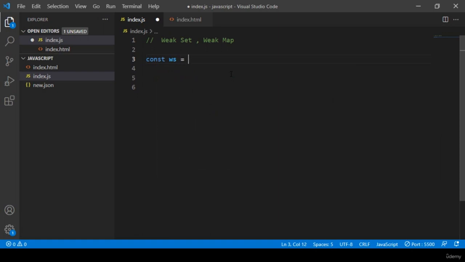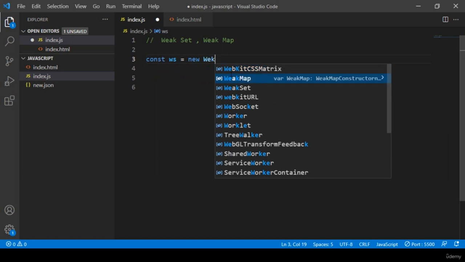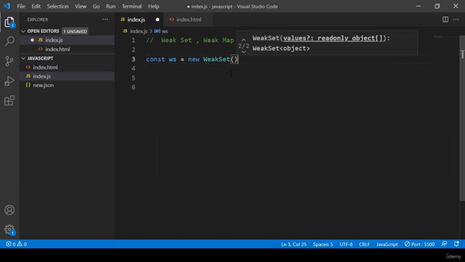Okay, I take one variable, and then I want to declare a WeakSet. You can see that it is a WeakSet. I simply loaded this WeakSet. Into this WeakSet and Set, it will be just the same, with only one